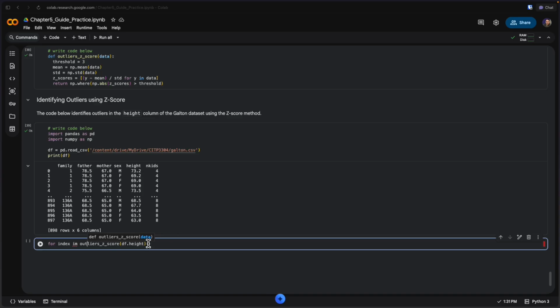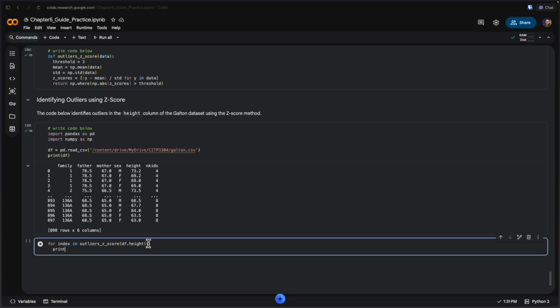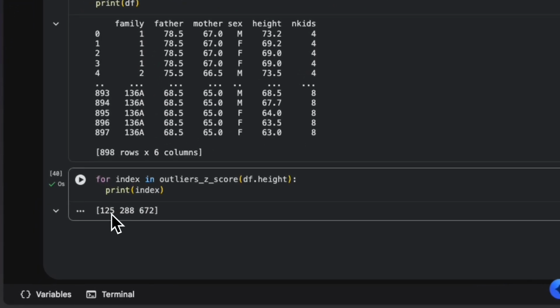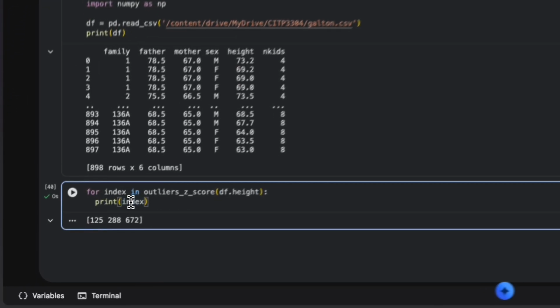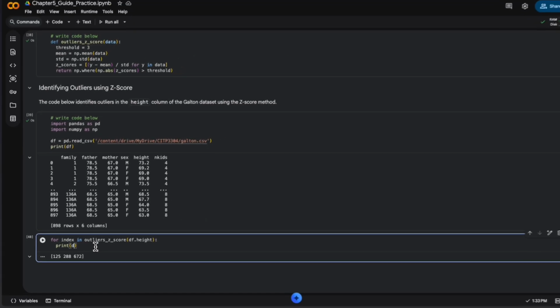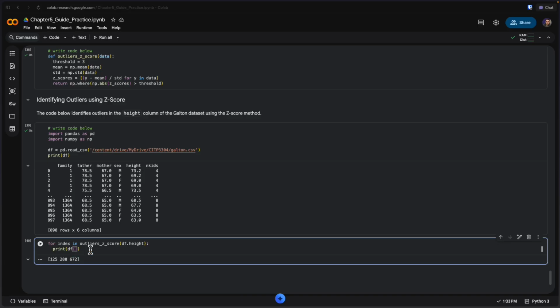So for index in outliers for the height, we can just print index. You will see it's also giving us which one we need to print. So because we have those right there, we should be able to just print our data frame, and we'll say I want to print that particular index and finish